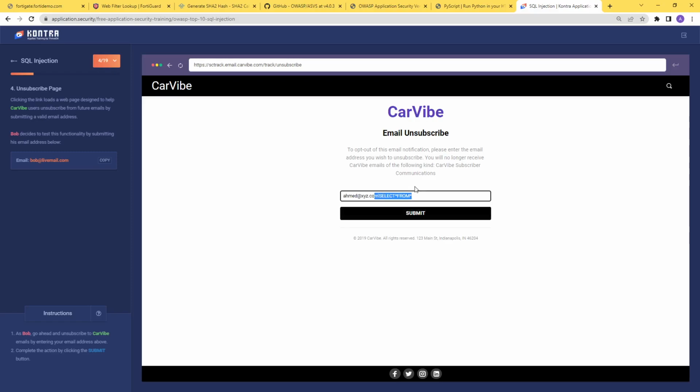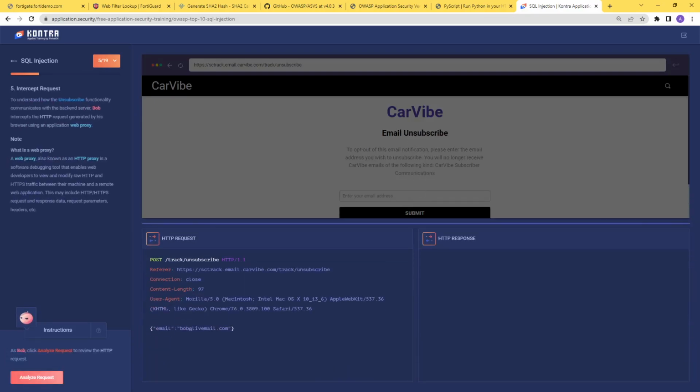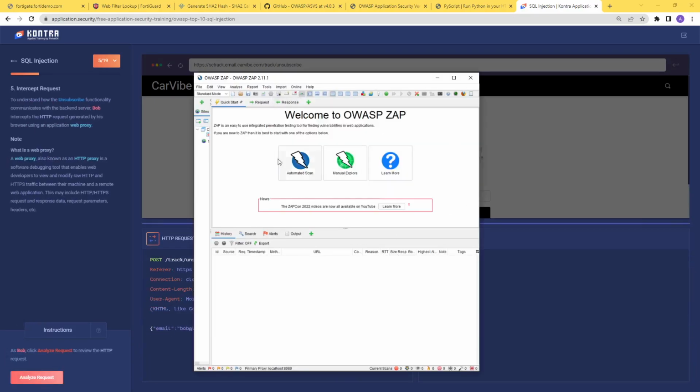So to overcome this, the penetration tester will add a valid value first, then click submit, and then he will activate this tool on his own device. And this tool will intercept the request. Can I show you how to intercept the request? I will activate this tool, which is the OWASP Proxy or OWASP ZAP tool, by clicking here on the activation button,